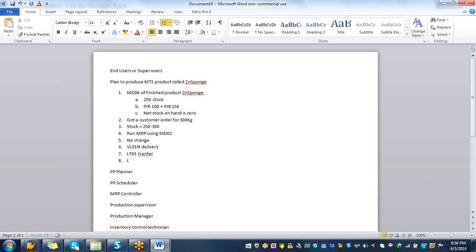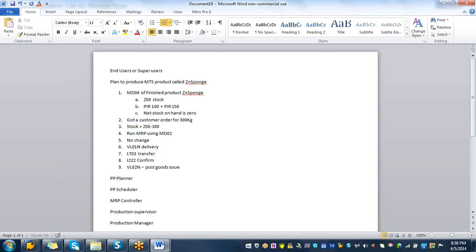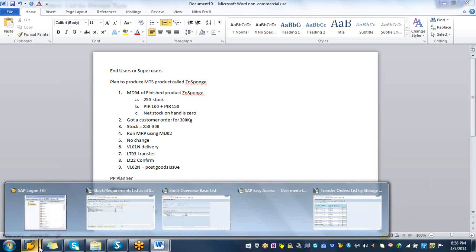Then we use LT22 to confirm. Correct? Then we are going to use VL02N to do the post goods issue. Okay. So let's go back to our SAP screen